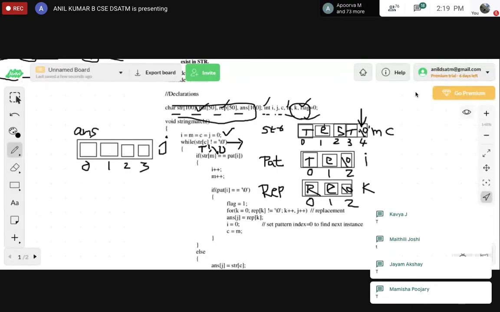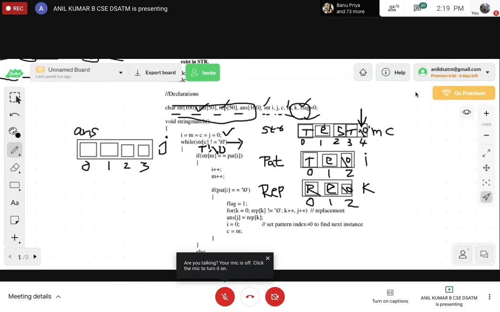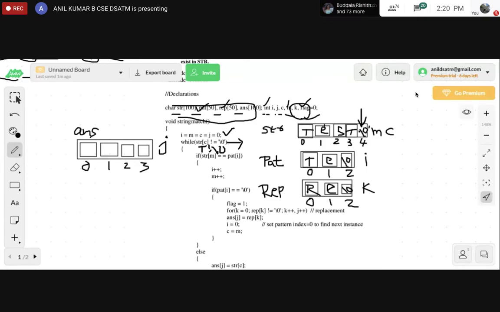So that's why I have given in initially only which indexes we are using. M and C are the indexes that we will use for the string, and PAT we will use for index I. REP we are using as K. Answer J. So be careful while answering the solutions. Okay, so now again str of m is T,